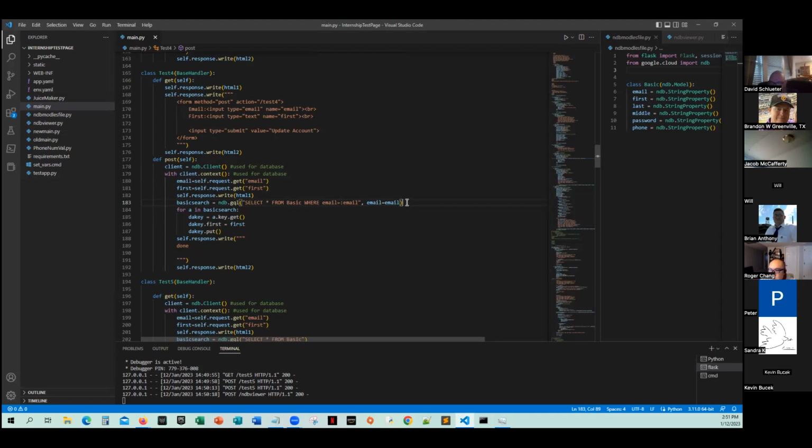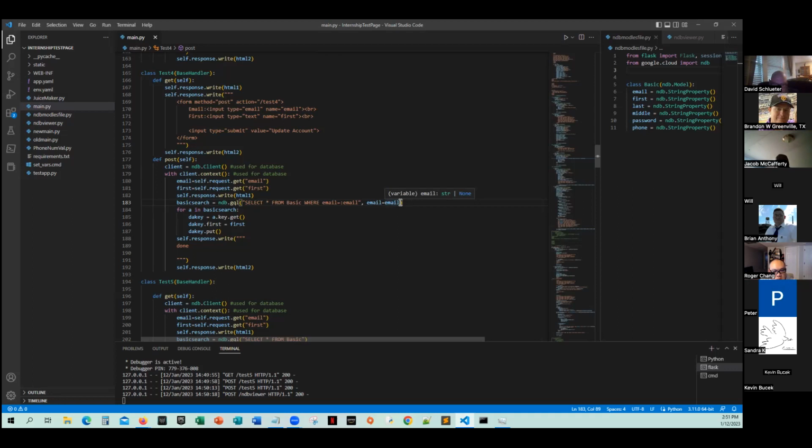And we'll learn about SQL, and you'll learn all the cool different ways to do it, but 99% of the time when you're doing SQL, you're probably just going to have a couple of where statements just like this. So we could also, after where it says email equals email,